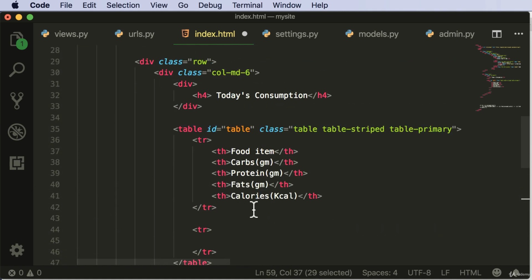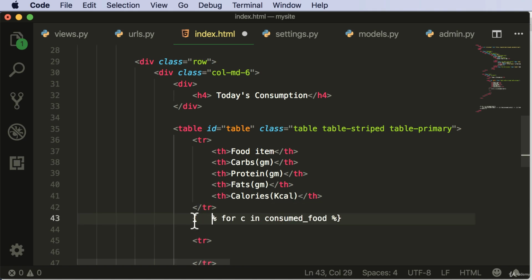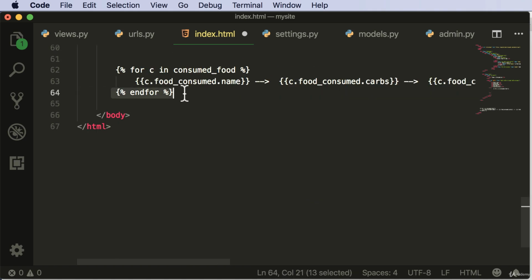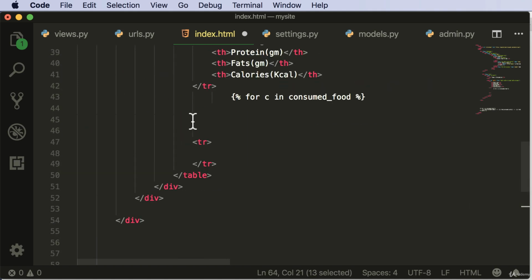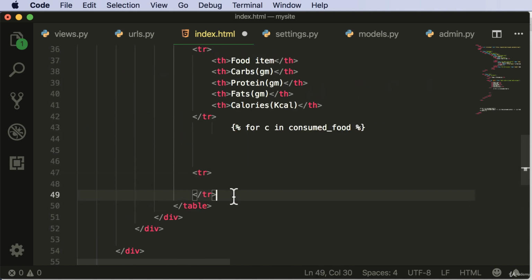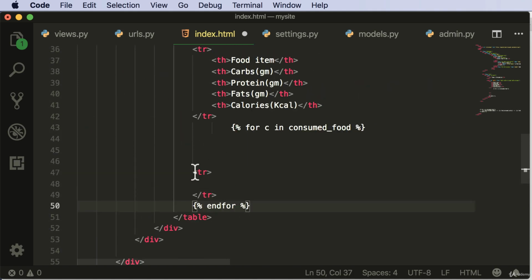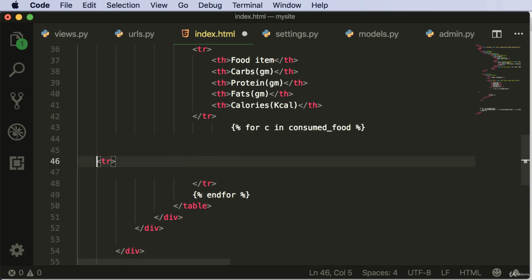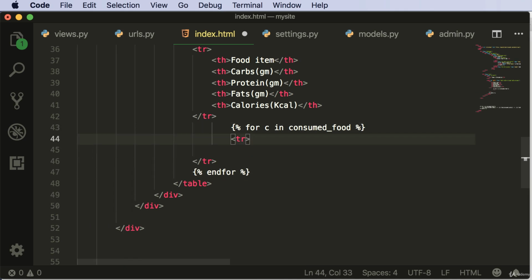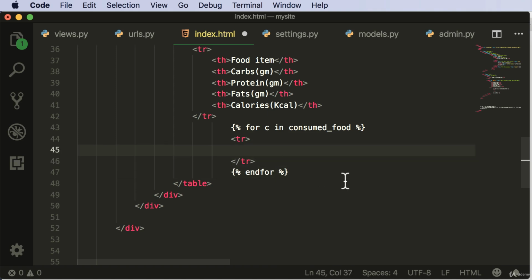So I will simply go ahead and, inside this table row, paste the for statement here, and I will also copy this end for as well. This end for should be over here. So this is what it looks like. You have the for, and then this for will actually have these table rows. So this will create multiple table rows,